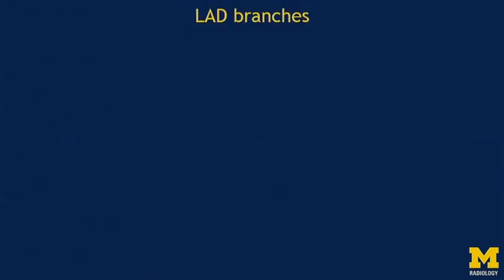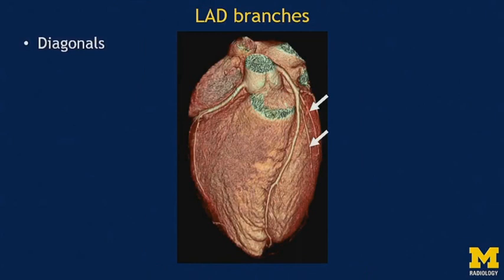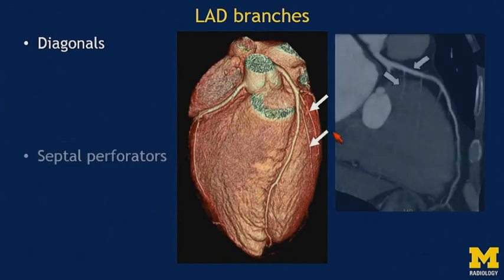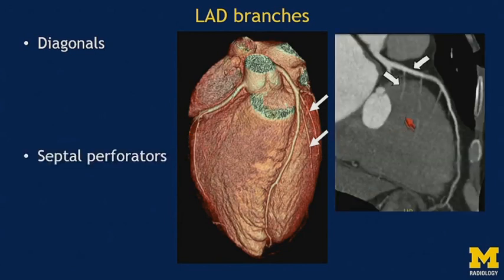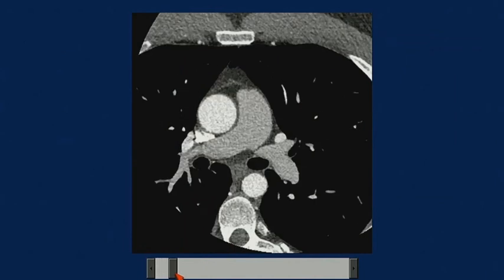The branches of the LAD are two important sets. One is the diagonals, which, as the name suggests, course diagonally on the surface of the left ventricle. So you can see a set of diagonal arteries here. You also have the septal perforators, which arise typically from the underside of the LAD, and they dive into the septum, supplying it. So let's look at the axial stack of images and see how we can identify these LAD